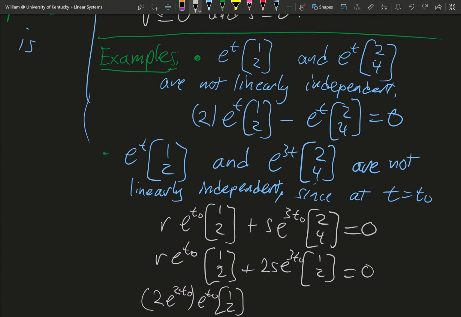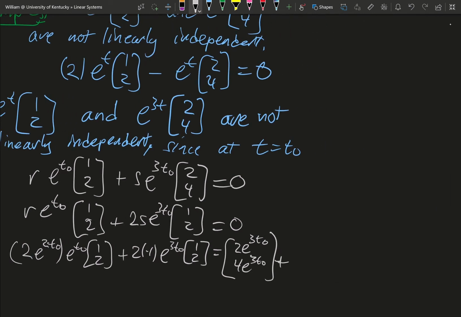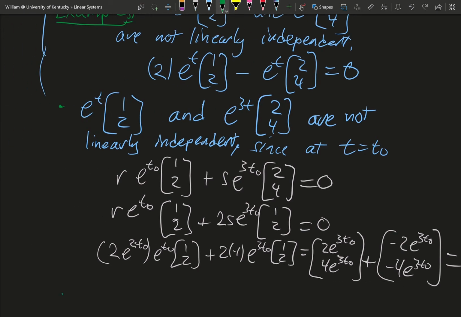And I could just set s equals -1. And if I bring this all in, -2e to the 3t0, -4e to the 3t0, then yeah, I'm going to get 0, 0. And then lastly,